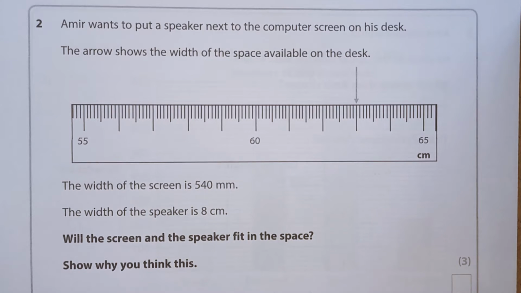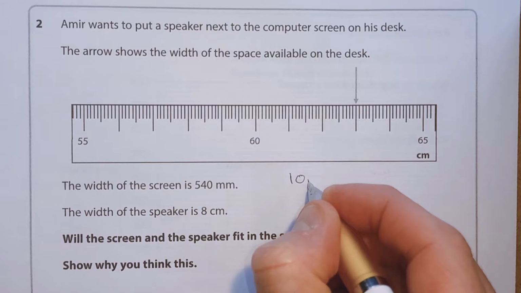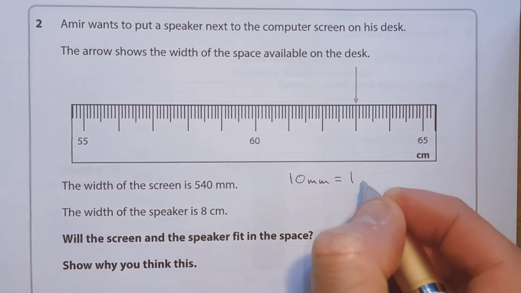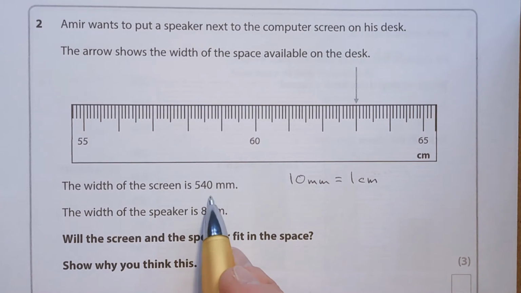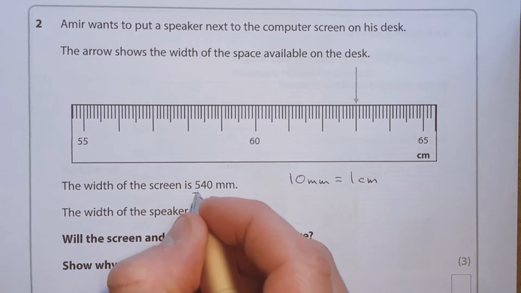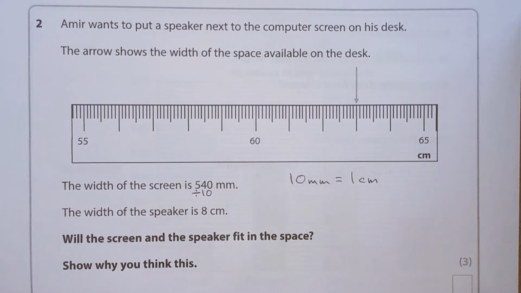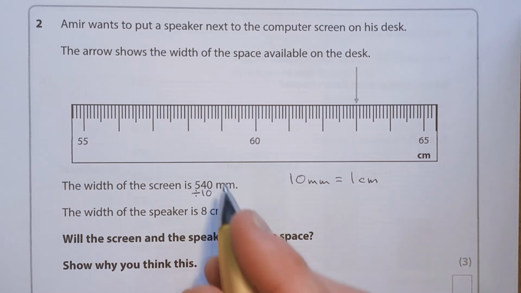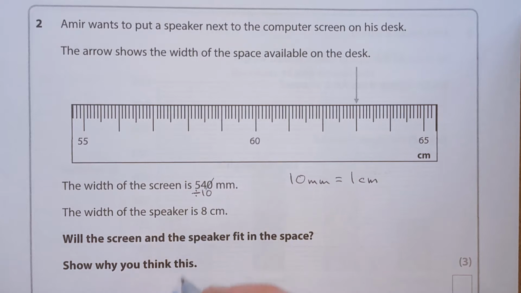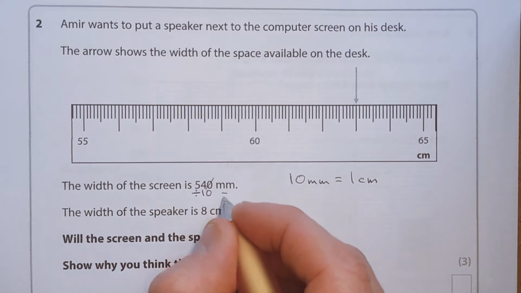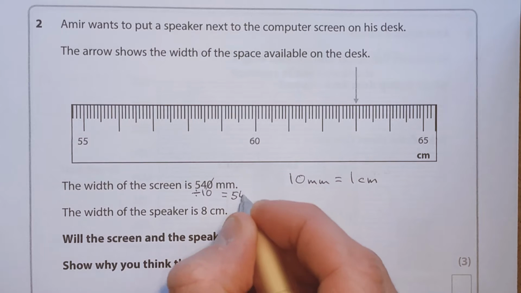Show why you think this. Okay, so first thing I notice is that we've got a measurement in millimetres and a measurement in centimetres. So let's get them all in the same units. Okay, well, I know that we've got 10 millimetres in 1 centimetre. So if we want to turn this into centimetres, we divide it by 10. Because centimetres are bigger, so we're going to have fewer of them. And if we divide by 10, we can just take the 0 off the end. So this is going to be equal to 54